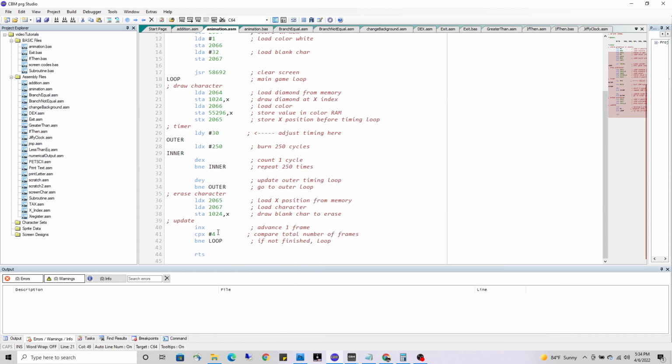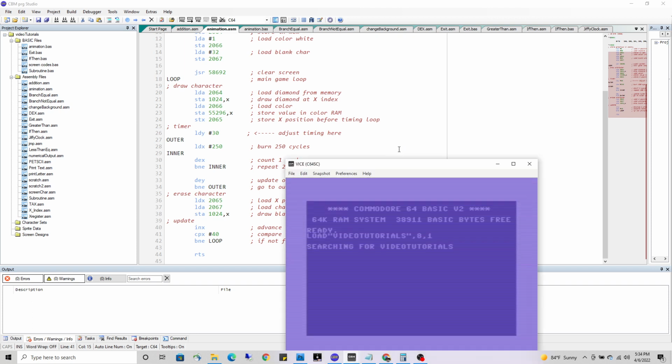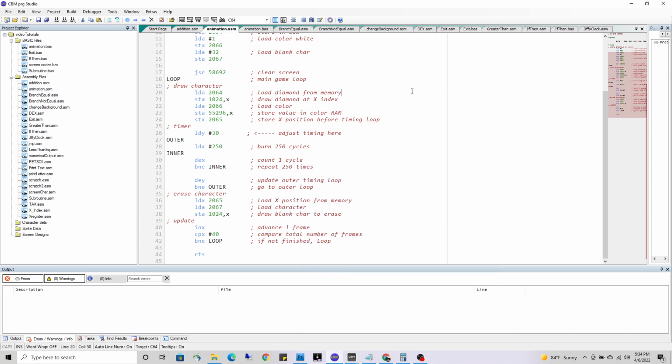Originally this was 40, like that, right? There, seems fine. It goes all the way across the screen and then exits the program. But here, let me turn this down to 4. If I turn off the part where I erase the character and then run that,